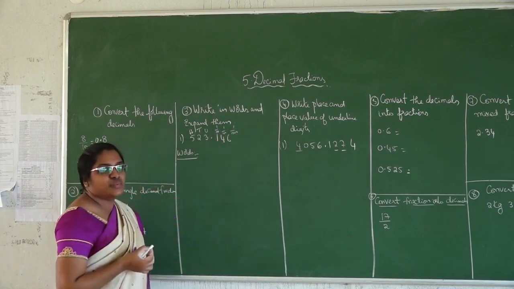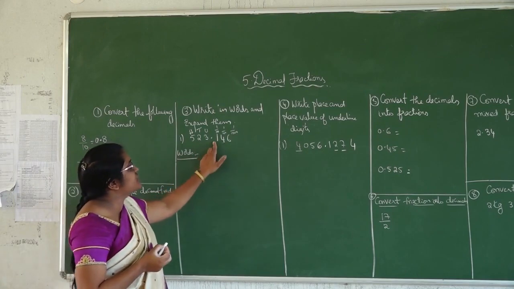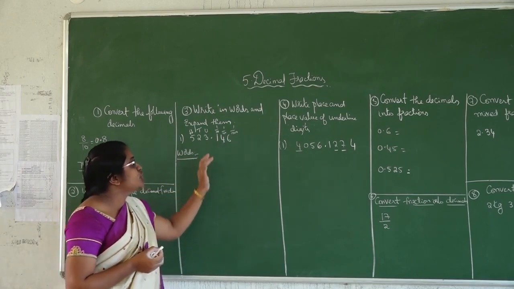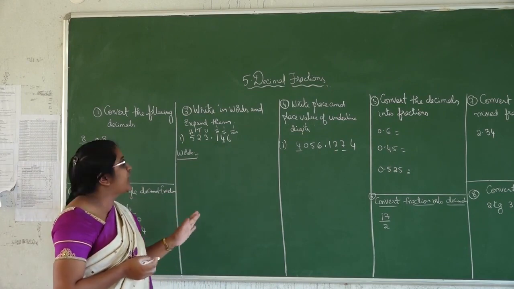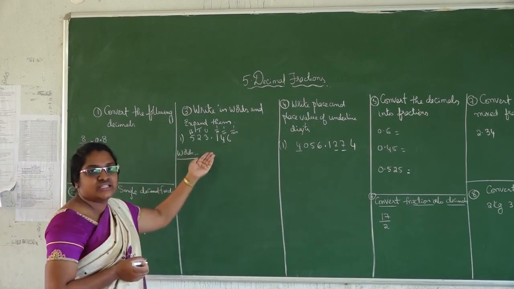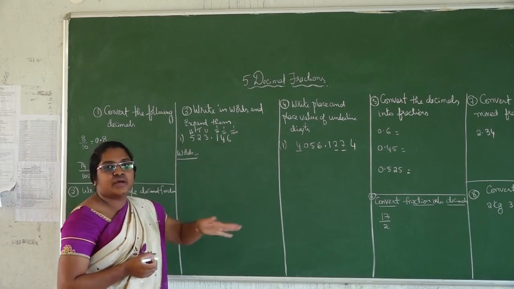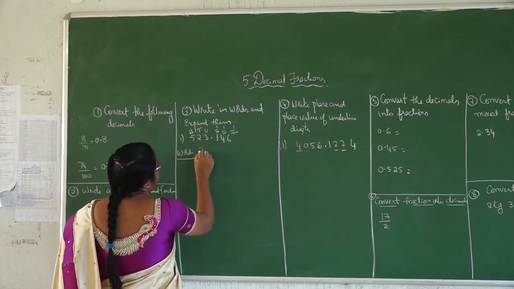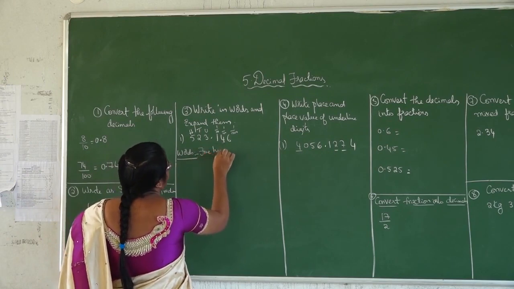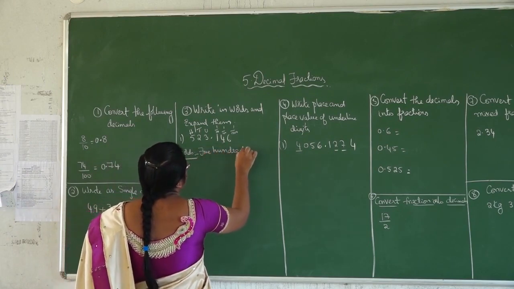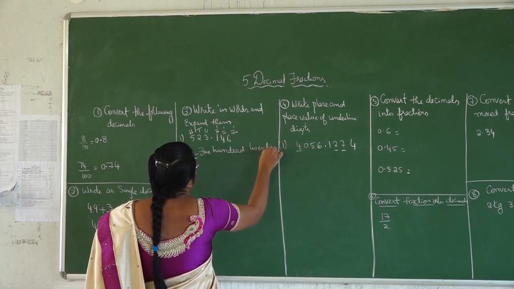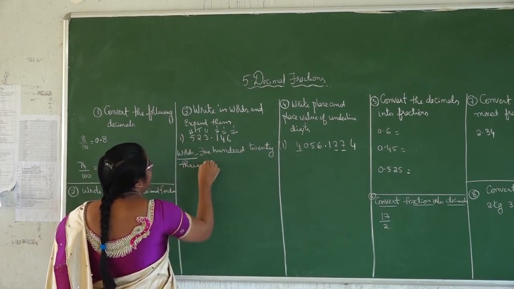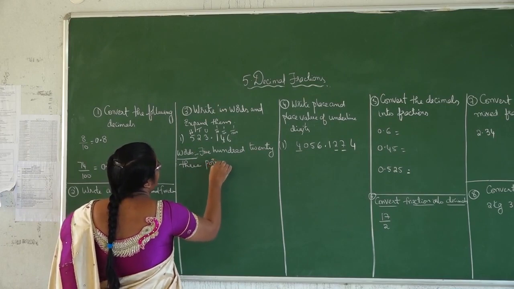Now, we write it in words. I told you that after the decimal, you have to read the digits individually. You should not compare with the place values. Before the decimal, we consider place values, but after the decimal, you have to read it individually. That is 500, 523, decimal as point. How do you read this?